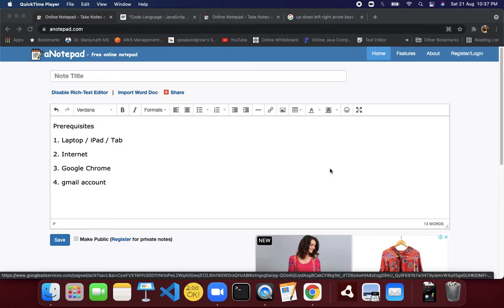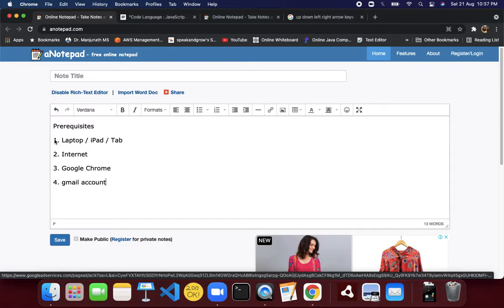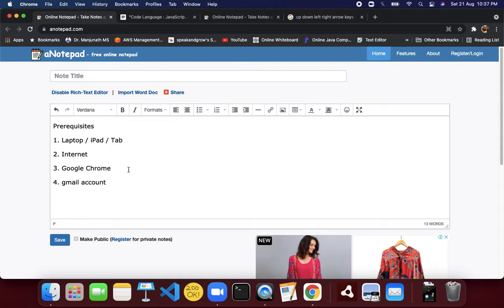So from this video onwards we will actually learn to build the space game level 0, and this is part 1 for space game level 0. Let me get started. Since we have seen how the game is built, before that let me be very clear about what the prerequisites of our game are.